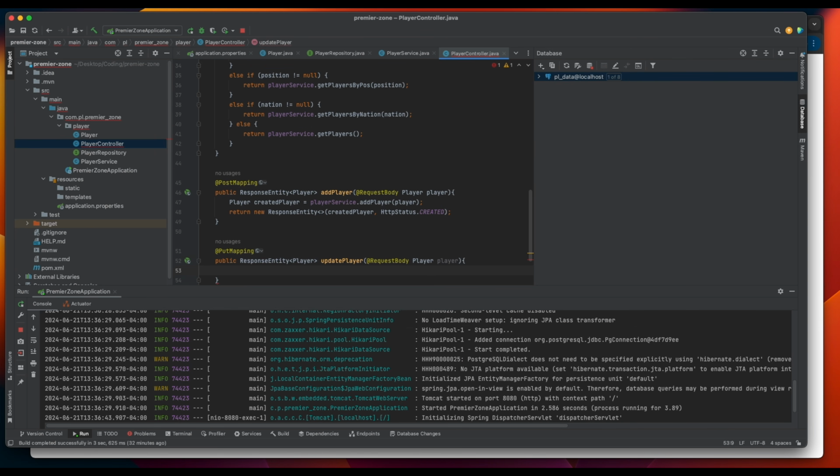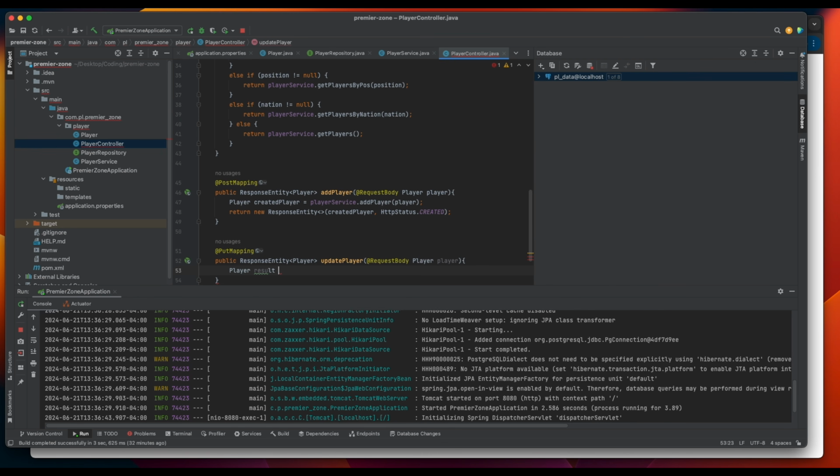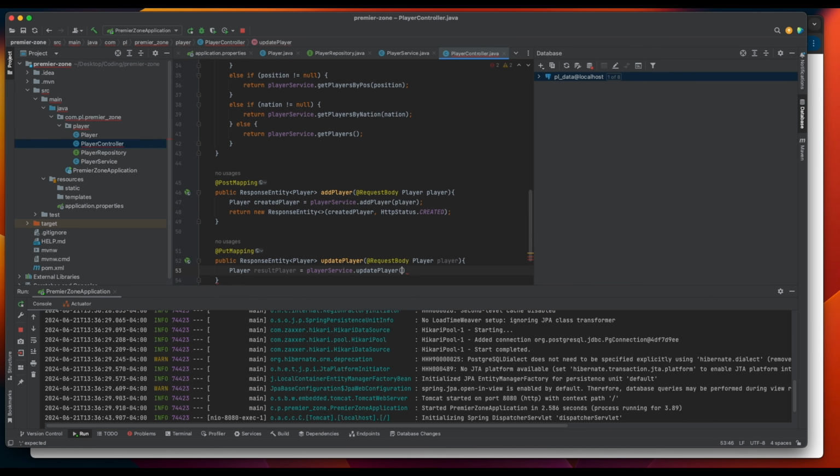And just like with the add player, what we're gonna do is get result player is equal to player service dot update player and updated